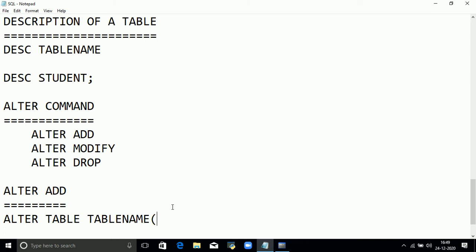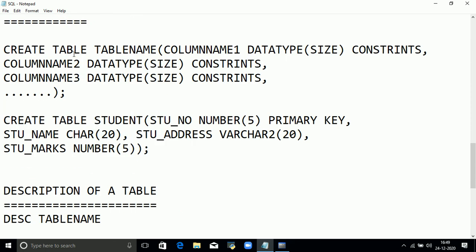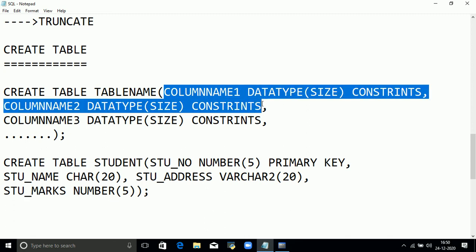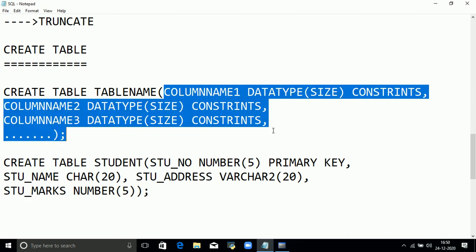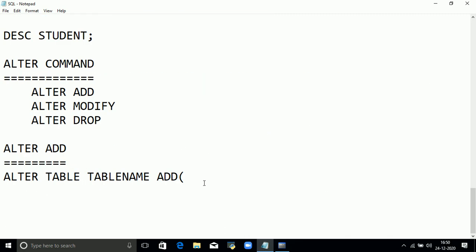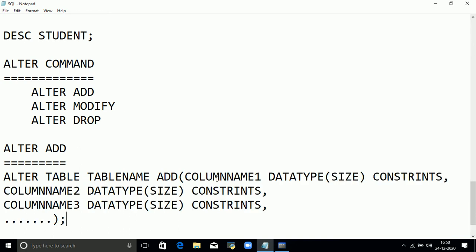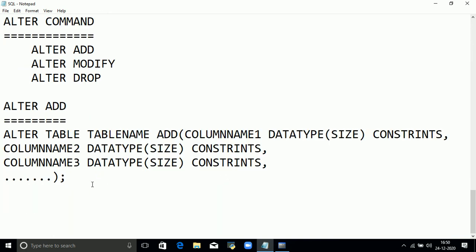If you want to add one more column to an existing table, we have to use the alter add command. So alter table name, add, and then we have to add the columns.